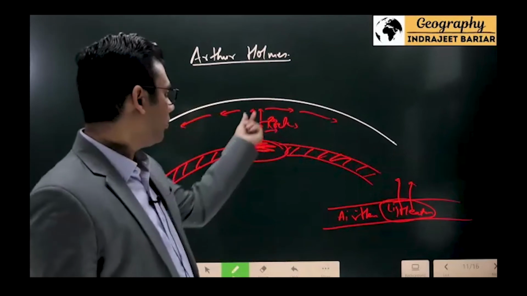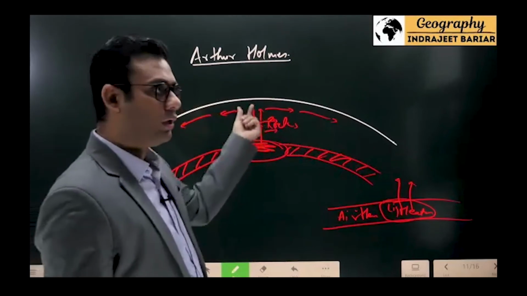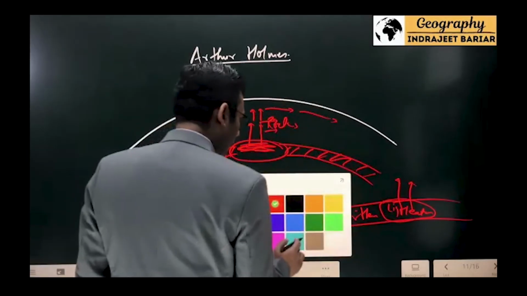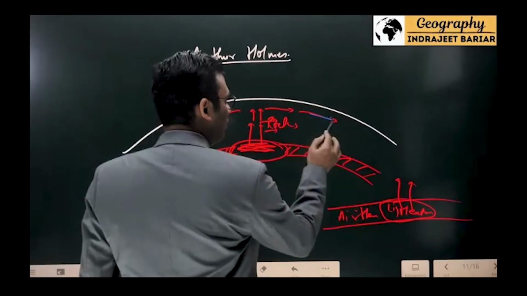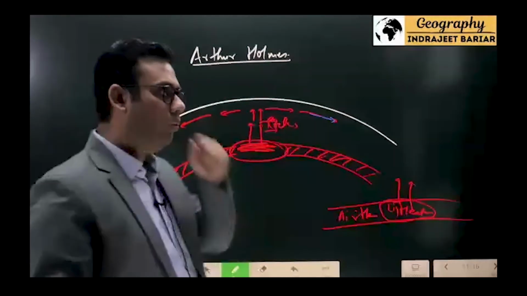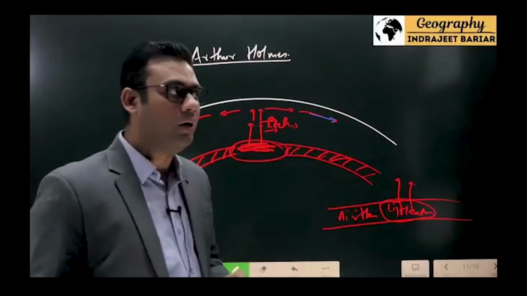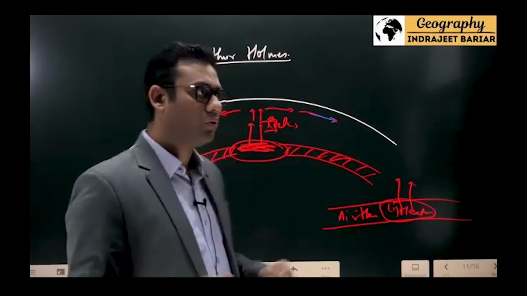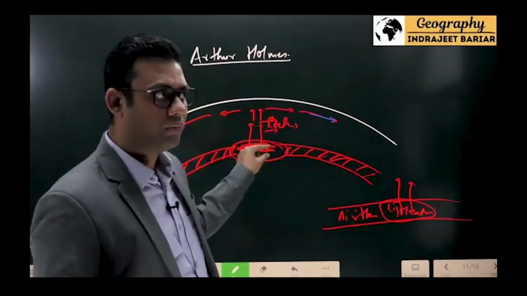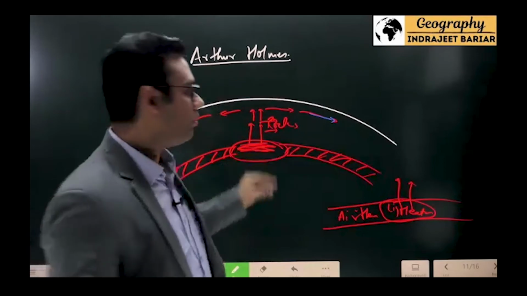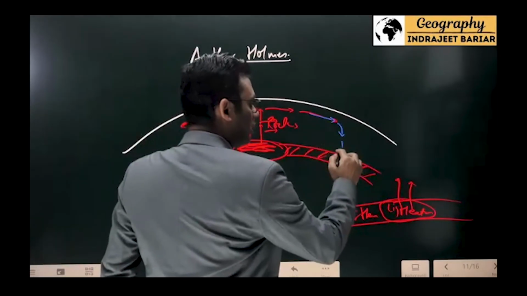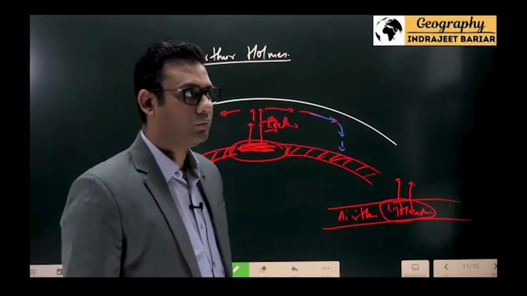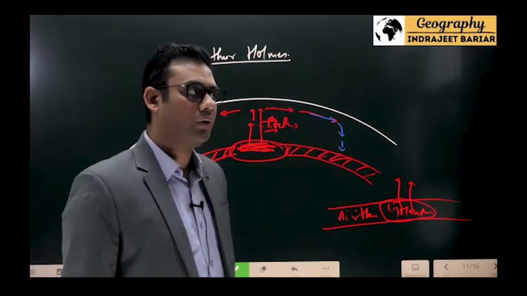So it will keep cooling, and as it spreads, it will become colder and colder. Or, let's say, by the time it reaches here, it has become cold. Correct? Now, if it has become cold, it will become denser, because its original density was that of down here. And if it has become denser, what will happen? It will start descending back to its original location, where it can solidify again.